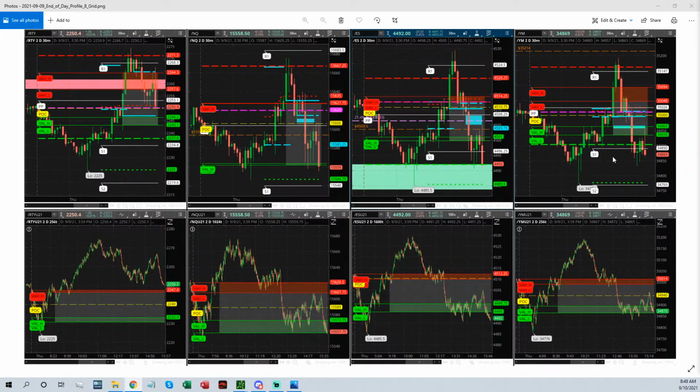So let's look back at yesterday a little bit. As you can see, this is where value was, these blocks in the upper grid. We were a little bit above it. We ended a little bit below it for the three musketeers over here, which are the NASDAQ, ES, and Dow. The Russell held up a little bit better, basically closing unchanged. And if we look at how they did to the overnight,